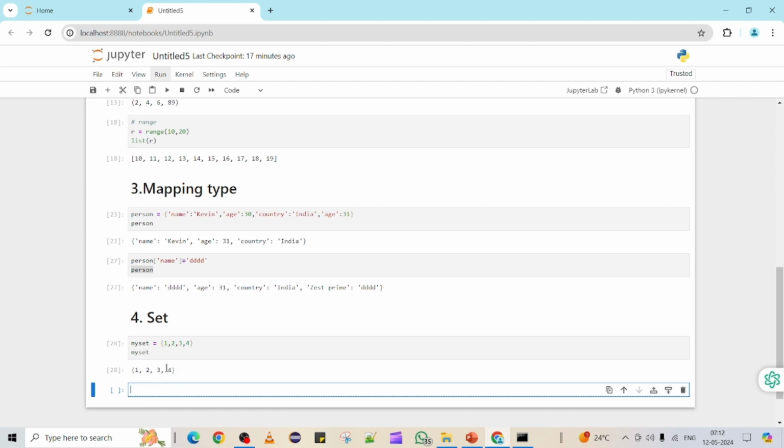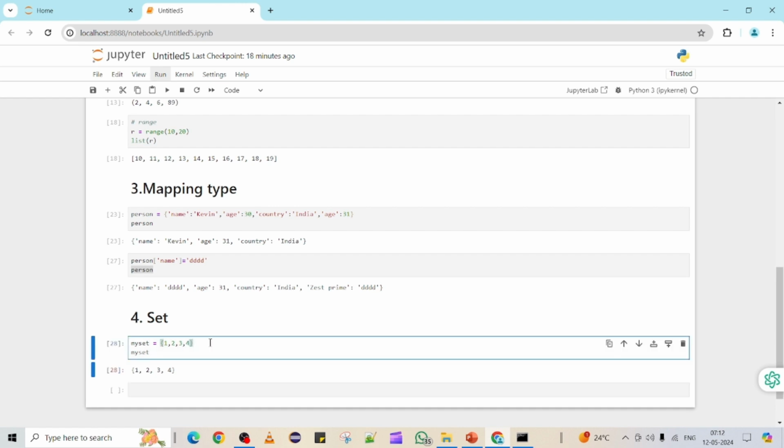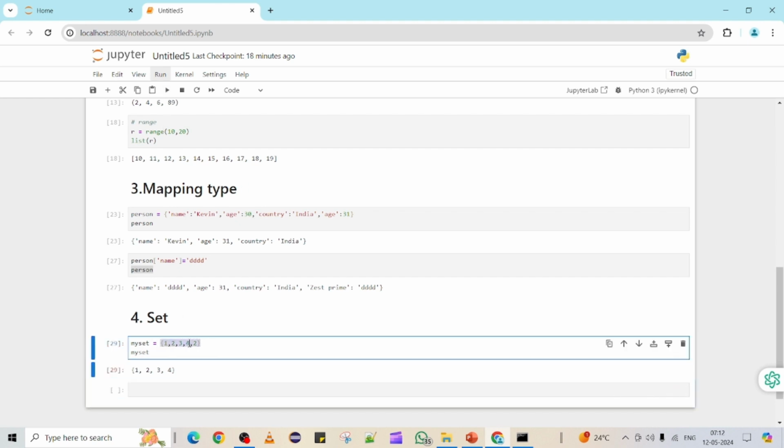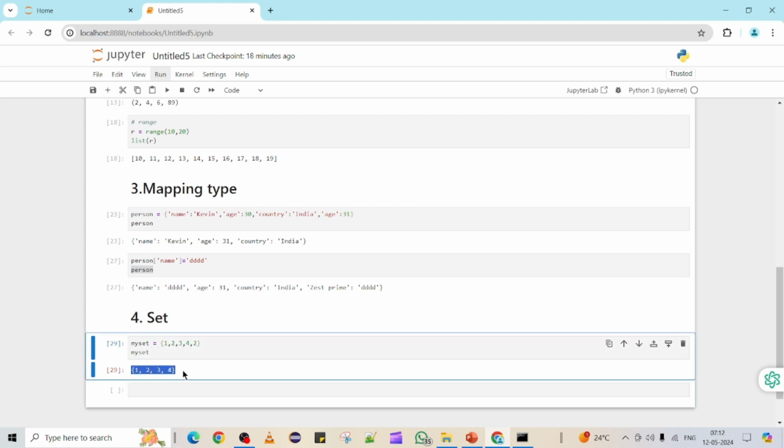So you can see over here, this is the way you can declare a set: a collection of unordered elements which are unique items. Say, for instance, if I duplicate a particular element, what will happen? If you see here, when I try to duplicate the element 2, it is not taking the duplicate. Here it is not a key value pair, it's a single element, whereas in case of